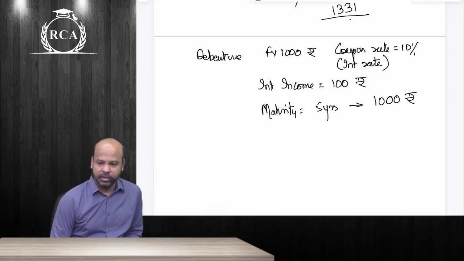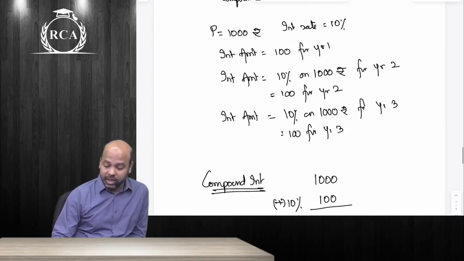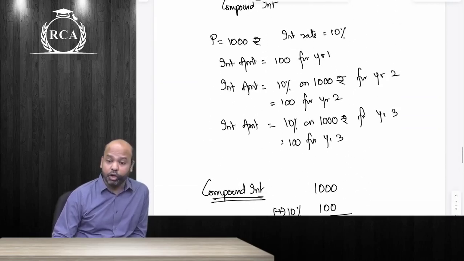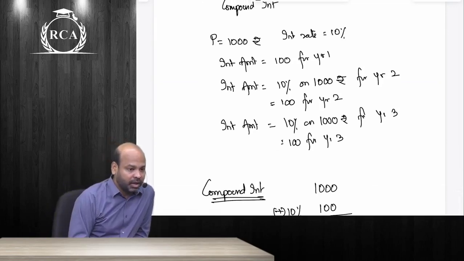Now pay attention. The whole concept of simple interest and compound interest works if you do not withdraw your interest income every year. That is why I've been stressing, guys, on that point. Consider that you do not withdraw your 100 rupees at the end of first year. Only then the accumulated balance with the other person will become 1,100.